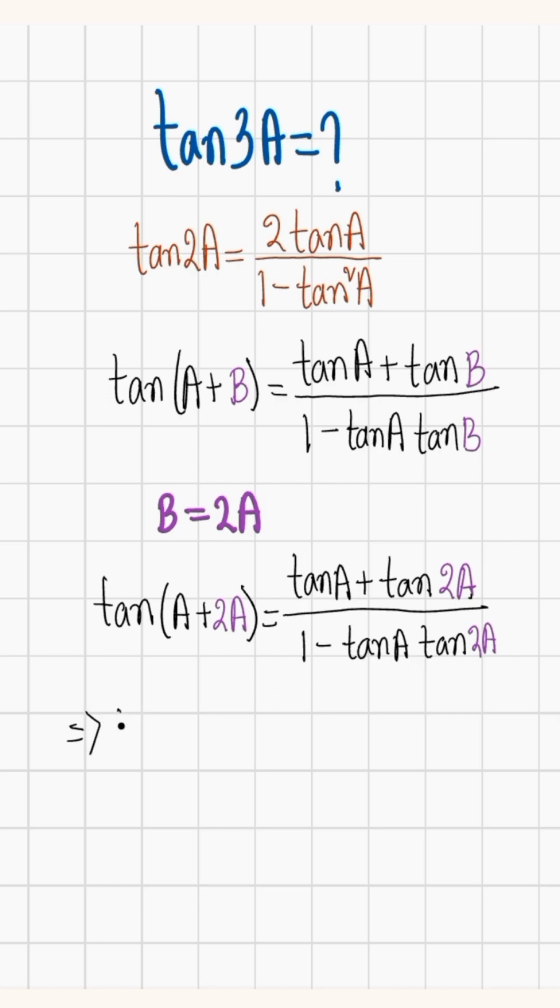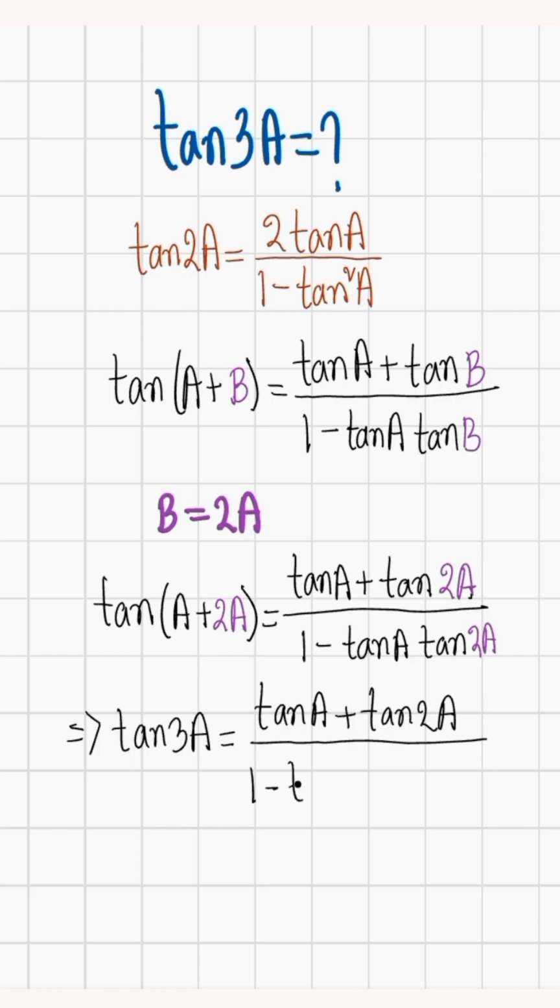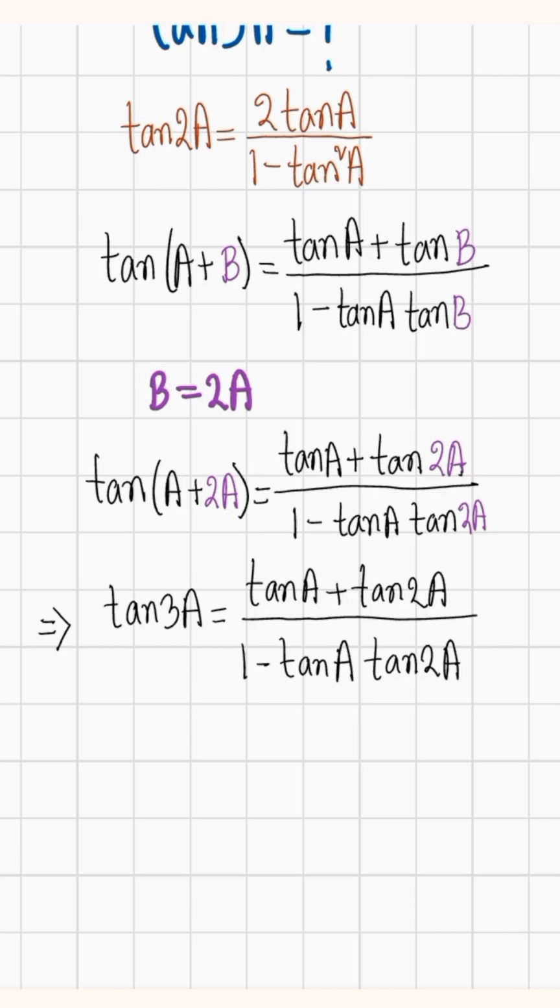তাহলে tan3A equals to tan A plus tan 2A divided by 1 minus tan A into tan 2A হবে। equals to tan A plus tan 2A এর জায়গায় লিখতে পারি 2 into tan A divided by 1 minus tan square A